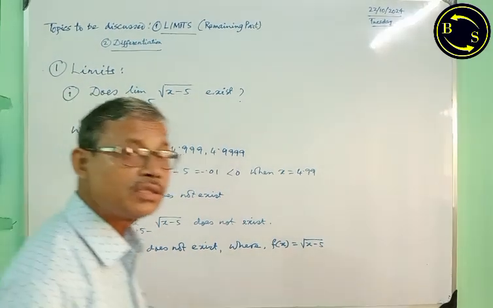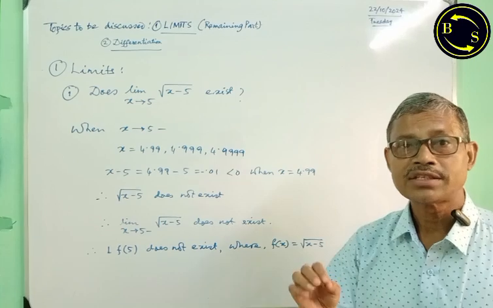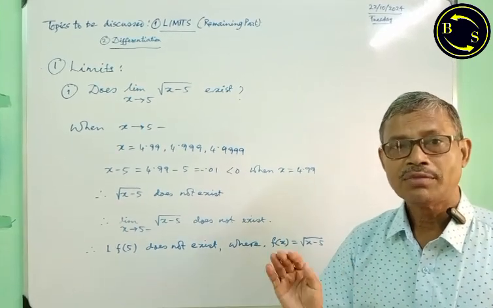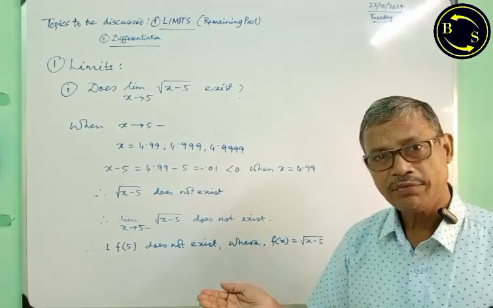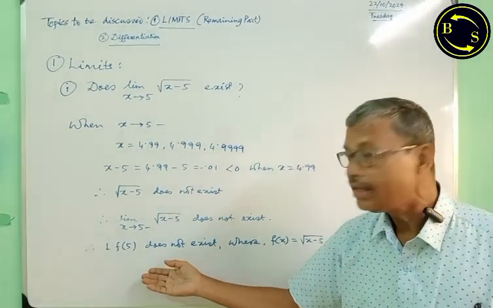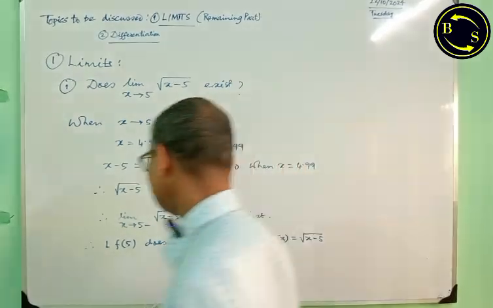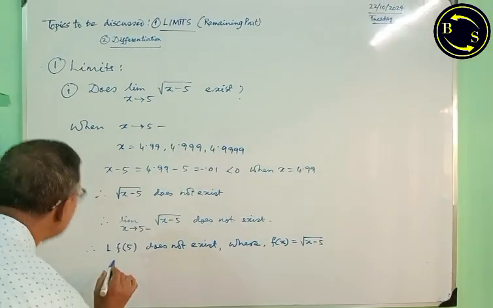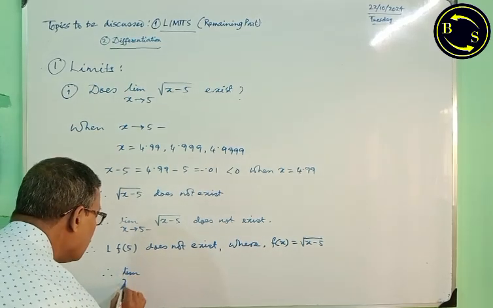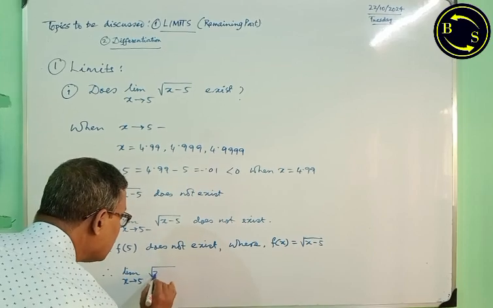And what is the condition of existence of limit as x tends to a of f x? L f a must be equal to R f a, both finite, of course. We find that L f 5 does not exist. Therefore, we conclude limit x tends to 5 root over x minus 5